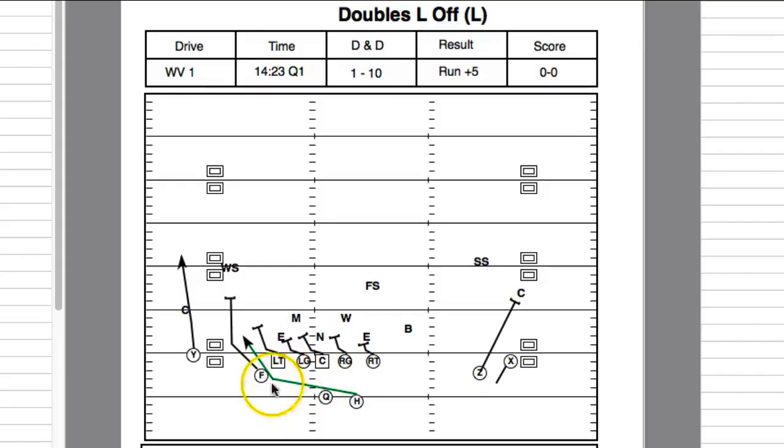But again, simple outside zone concept here, guys, but taking advantage of the numbers, taking advantage of where they put their linebackers toward the formation. This is a lot of grass right here, so they have to put somebody down in this window. But then it just makes them outnumbered here to the boundary, which is beautiful. This is just out-formationing a team, and giving them a threat to both the boundary and the field side. So great job by West Virginia. 5-yard gain, and they're